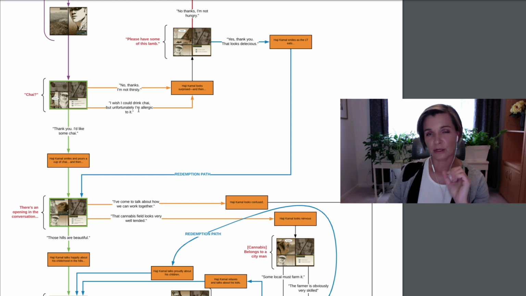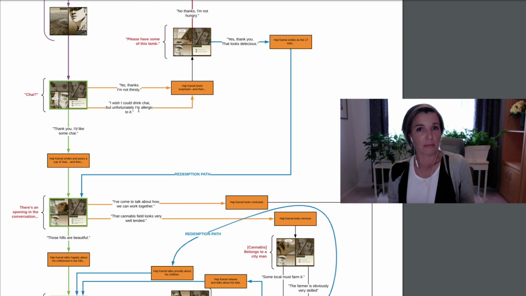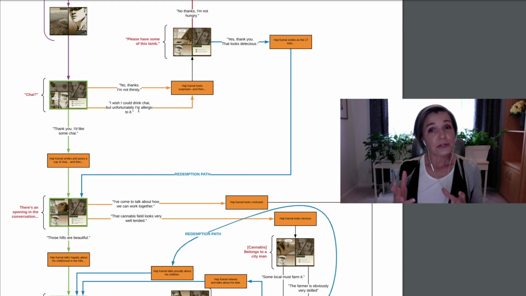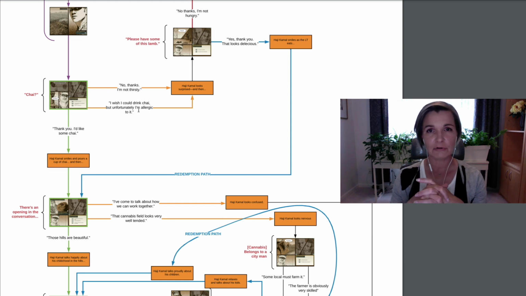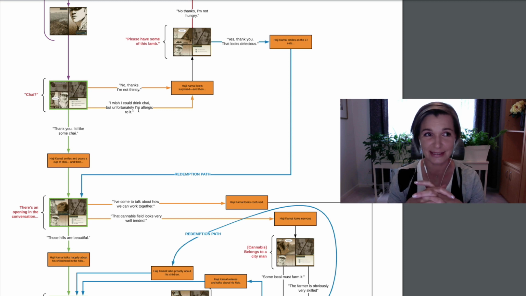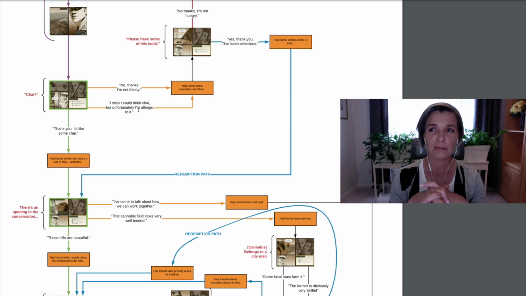Now, here's the important thing. You know you're doing that because you're the designer. You know that's what's happening on the back end. But guess what? The end user, the person playing your interactive story, never finds that out. Unless they play through it 10 or 15 times, then they'll be like, I wonder if this actually leads to the same thing. But realistically, they'll never do it unless they go through the interactive experience 8 or 10 times, which in my opinion